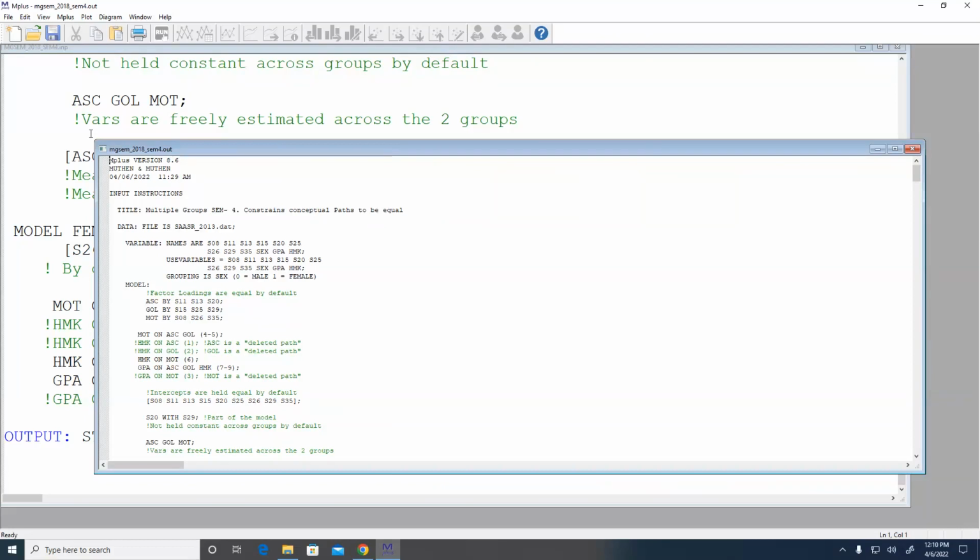So if you look at the second to last line under model female, it says ASC, again in brackets, because we're talking about means and intercepts. And this is for the latent variables, because that's the default for the latent variables. Don't have to worry about this with the observed variables of GPA and homework. For the latent variables, I say academic ASC at 0, GOL at 0, and MOT at 0. I'm constraining those latent means and intercepts to be 0, which they were already constrained to be in the first group. And so by constraining them to be 0 in the second group, I am